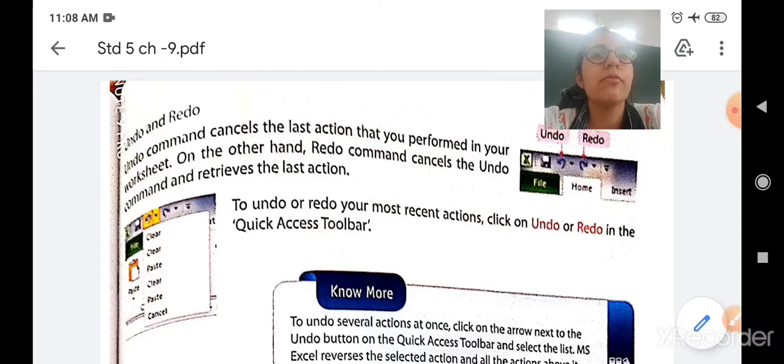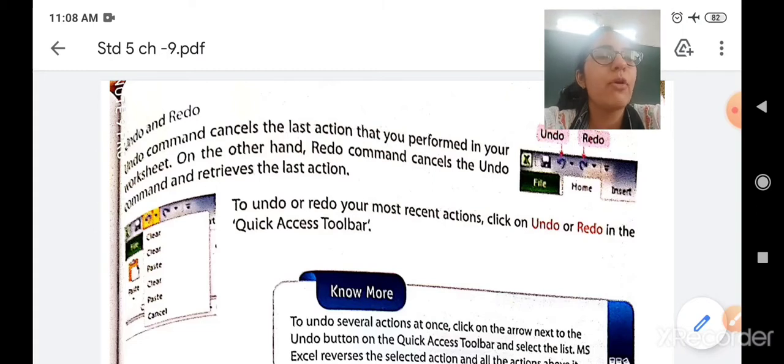So what is the use of undo command? The undo command will cancel the last action that you have performed in your worksheet. For example, if you want to write the name Salman, but by mistake you have written a wrong name or another name, you want to delete it. So the undo command will delete the last data entered by you.